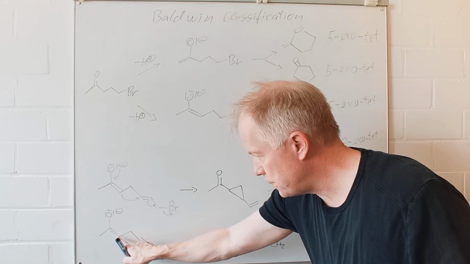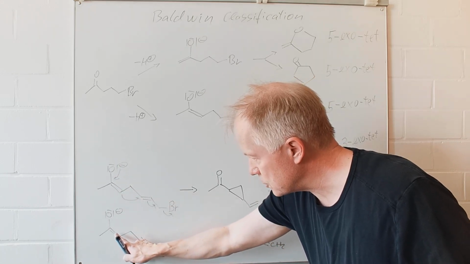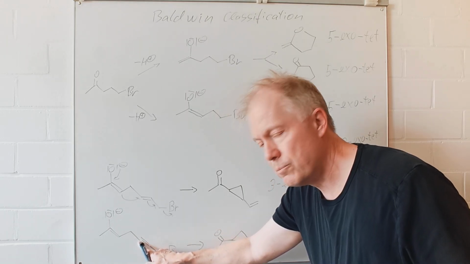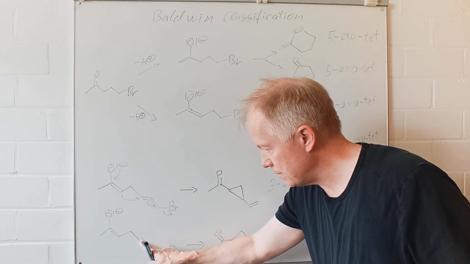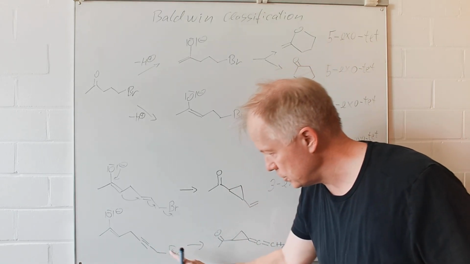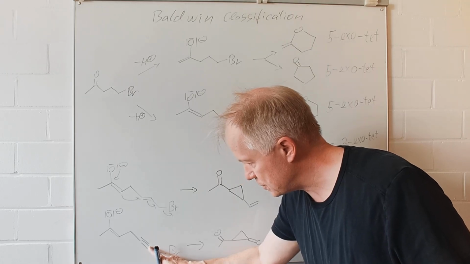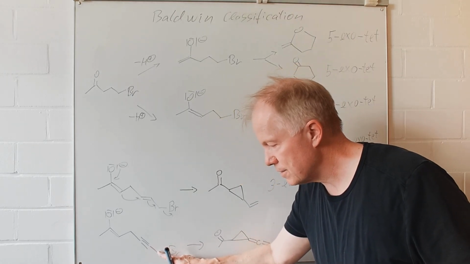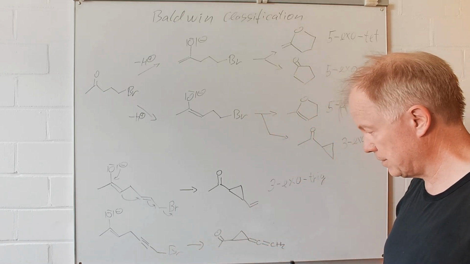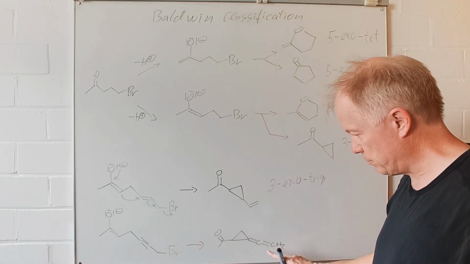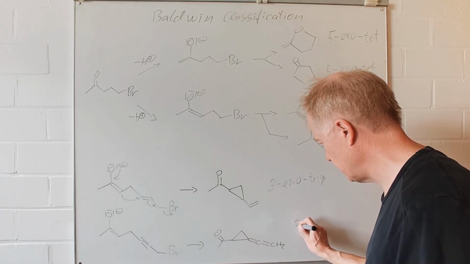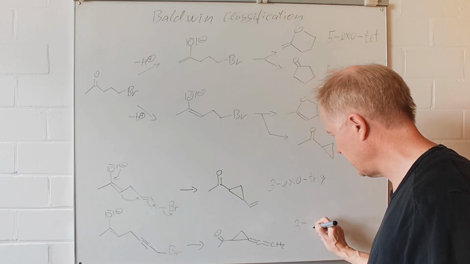Well, if we follow this type of reaction, nucleophilic carbon here attacking in propargylic position, then this triple bond is transformed to a double bond, and then this single bond is transformed to a double bond. The bromide is eliminated. Then we have as a product this allene, and the classification is then again